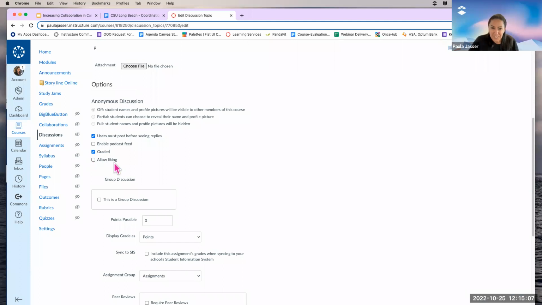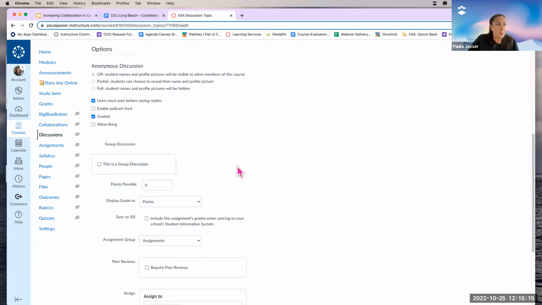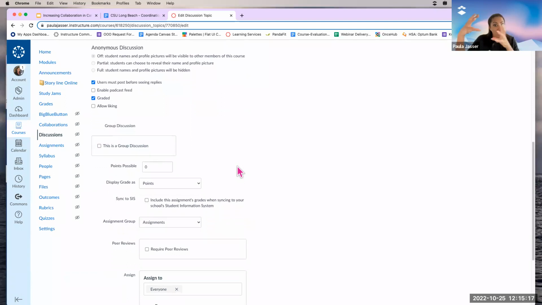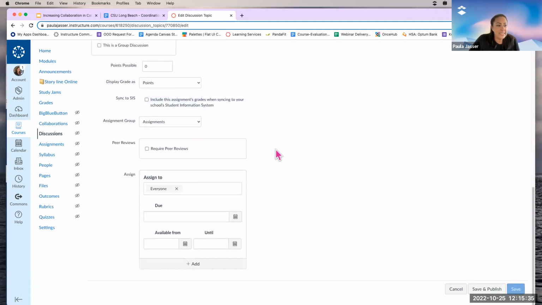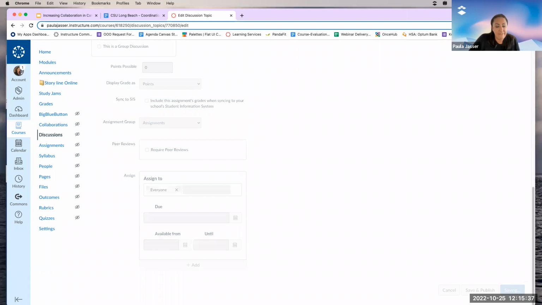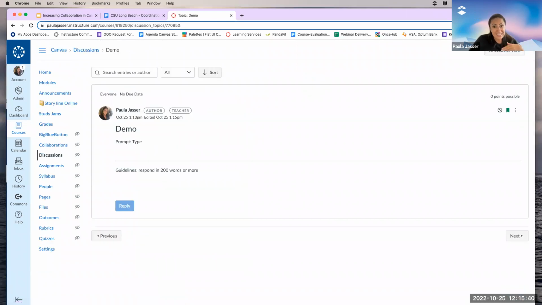Allow liking, that's almost like social media. They can like each other's responses. I kind of stay away from that. I'm not going to get into groups right now with the group discussion, but if I already created my groups, which I'm about to show you how to do, I can say that this is a group discussion and then each specific group's members will have their own discussion within. Available points, how many points it's worth, display, this is if I want to sync it to my SIS, all of that. But when I hit save,